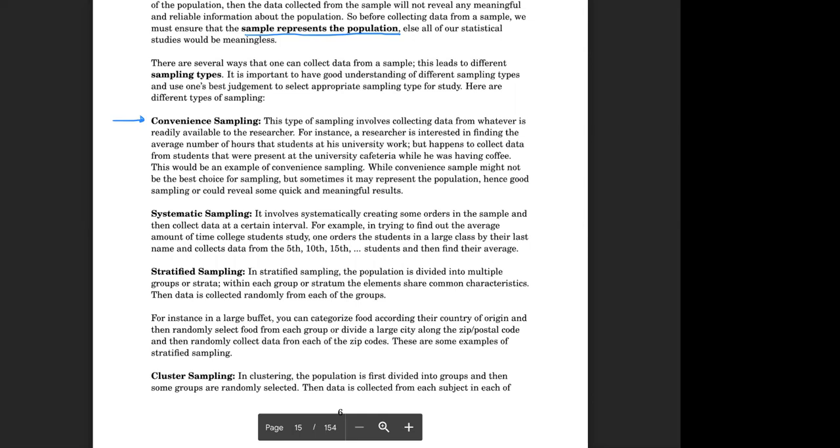For instance, if you are in a classroom and you want to find out the average grade point for the students of your college, the students who happen to be in your class, you take data from them, collect their GPAs and find the average. That could be convenience sampling. You are sampling whatever is convenient or readily available to you, or you might be at the cafeteria having lunch with hundreds of students,